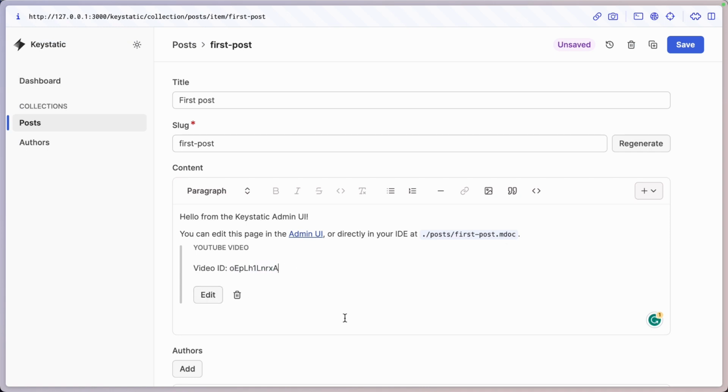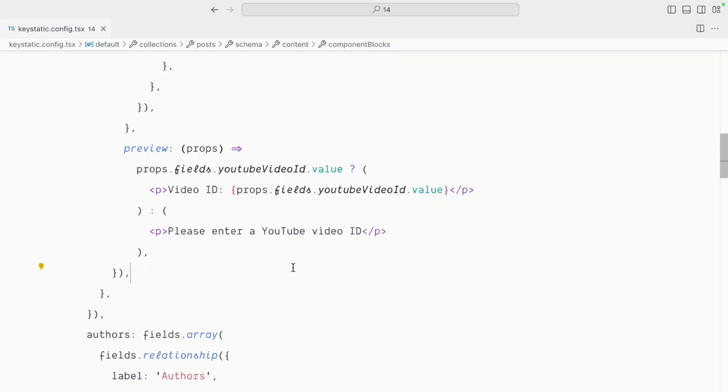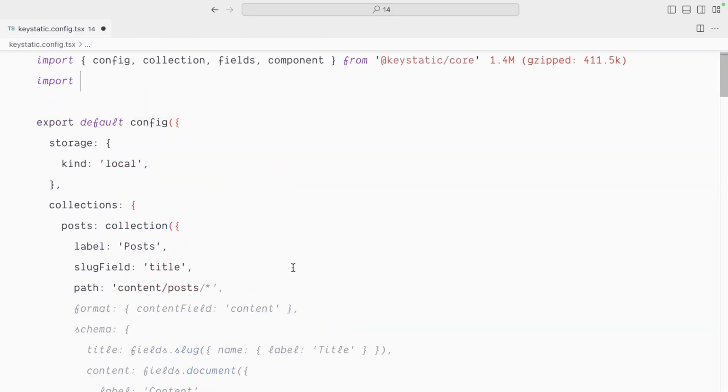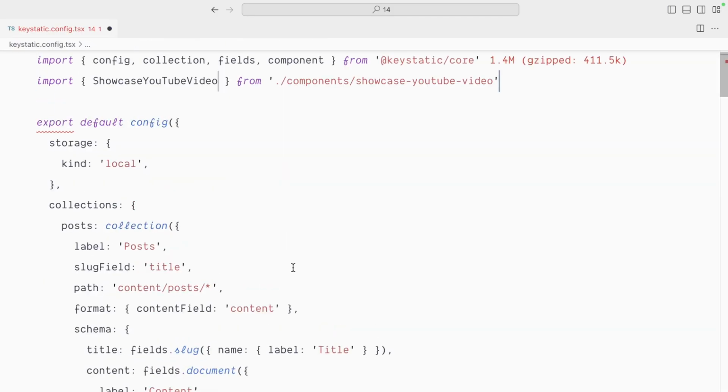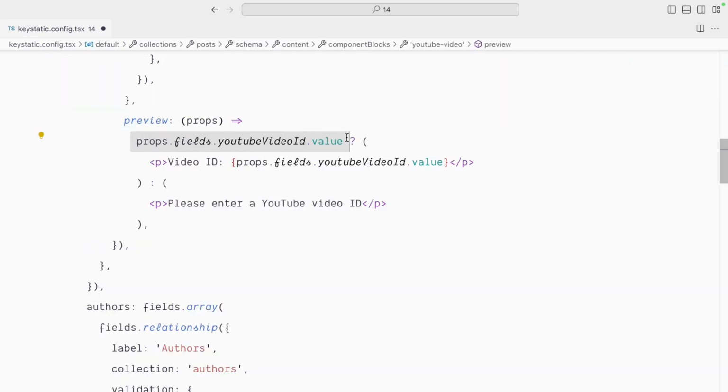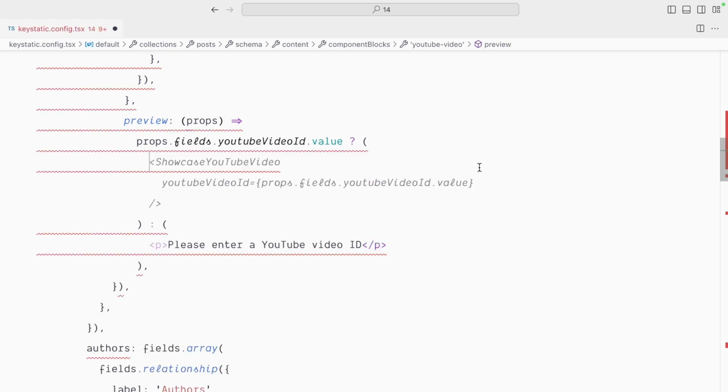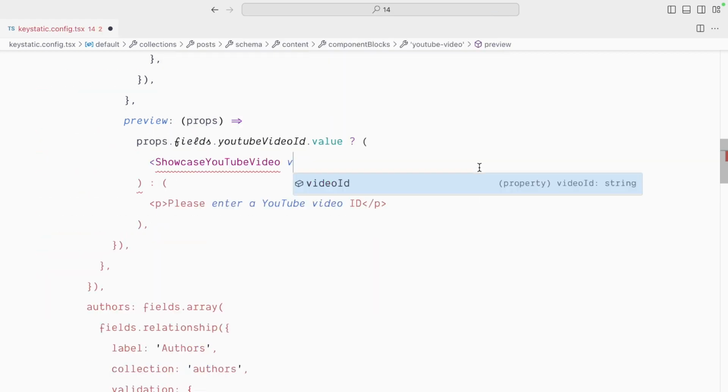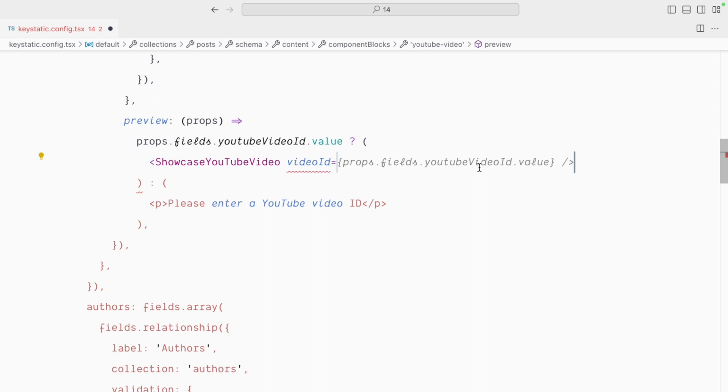We can take this one step further and actually display the video embed. Remember, we've already created our YouTube video component, and so we could use this to render the video if we have a video ID. In the Keystatic config, I will import the ShowcaseYouTubeVideo, and maybe the name Showcase is now not the best since we're using it in a non-showcase context, but whatever. And now if the YouTube video ID value is set here, let's instead use ShowcaseYouTube and pass the video ID, which is